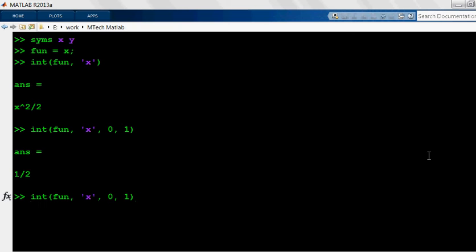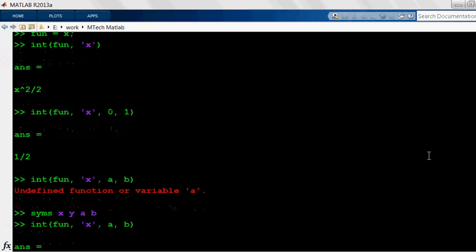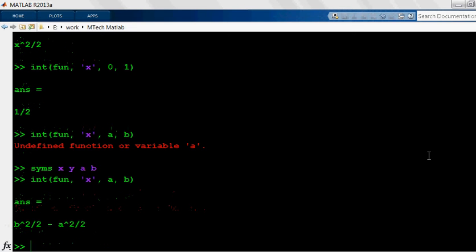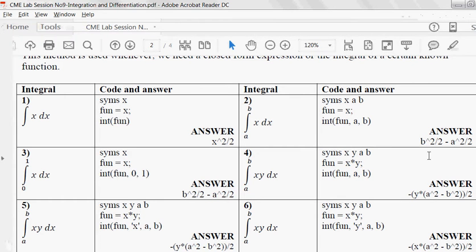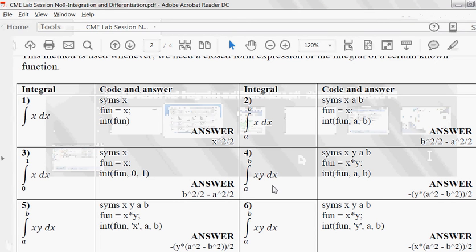But if I want the limits of integration to be between a and b, I'm going to get an error. Why we are getting an error is we have not defined a and b as our symbolic variables. Now if we go ahead, we actually get b squared by 2 minus a squared by 2. If I simplify or pretty ans, I'm going to get an answer like b squared by 2 minus a squared by 2. Okay, that is one thing. We have finished the first three examples, and the fourth one